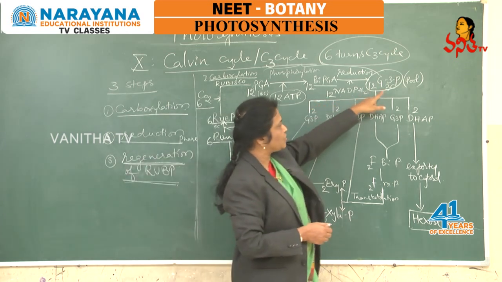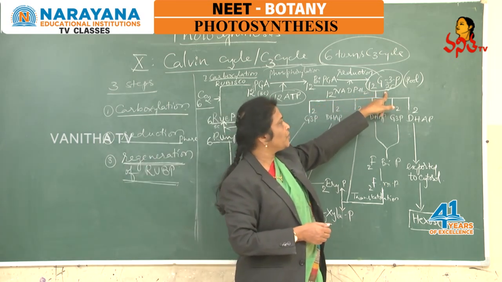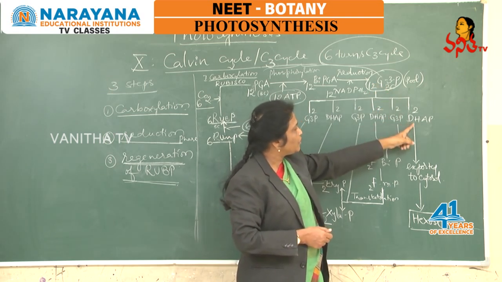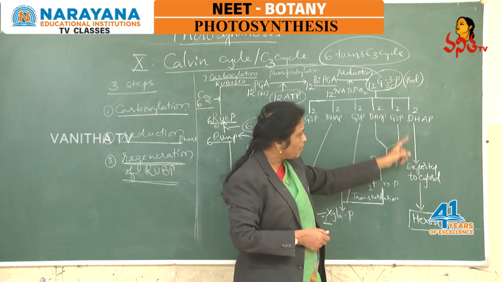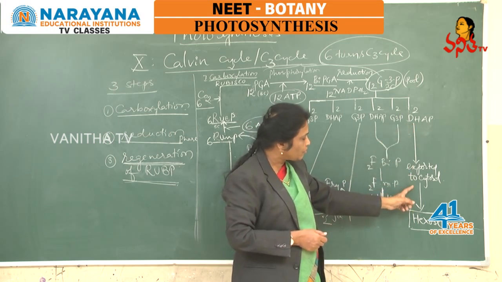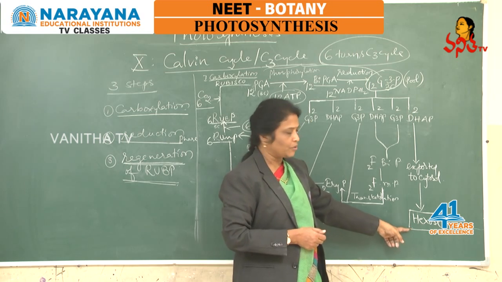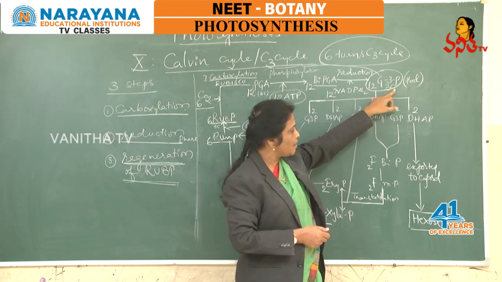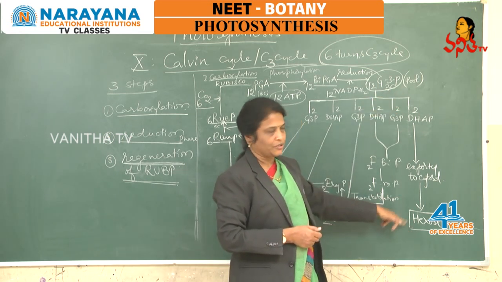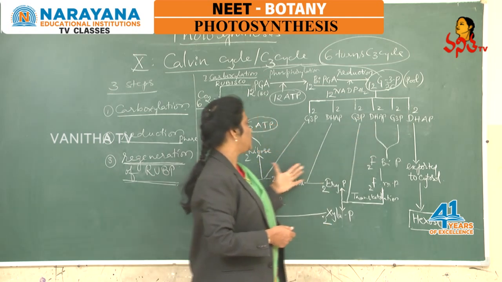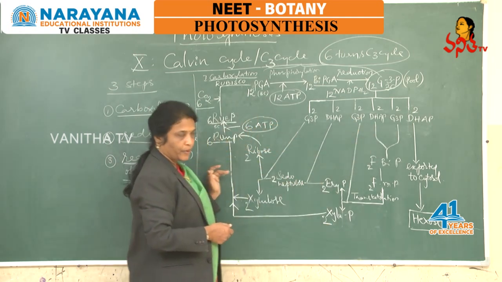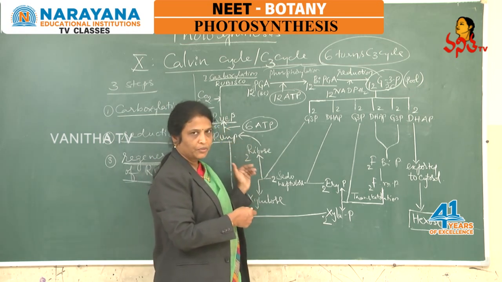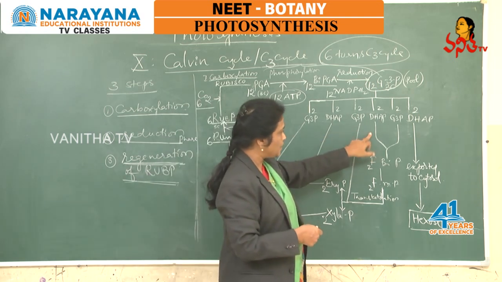By the formation of these trioses, almost all the sugar synthesis is completed, and the remaining is just that G3P molecules are isomerized into DHAP, and that DHAP is exported to the cytosol and involved in the synthesis of hexose by condensation. So, sugar synthesis is already completed, but trioses are here, and finally may be condensed into hexose. But the remaining pathway reflects regeneration of RuBP, meaning the acceptor molecule should be regenerated again and joined to the stroma. And now let us follow the regeneration phase.